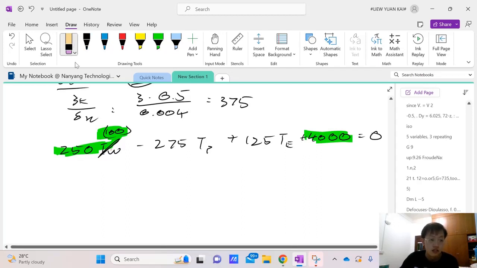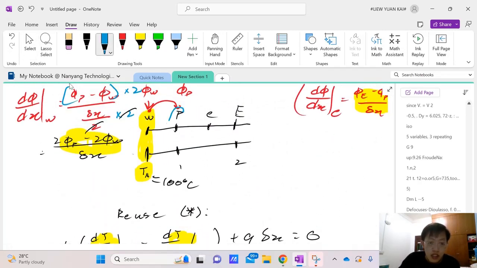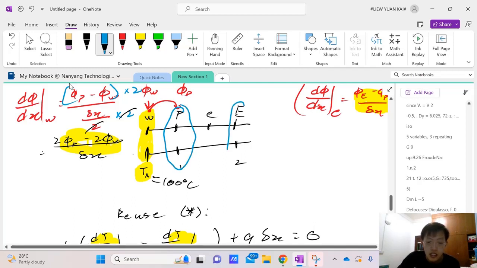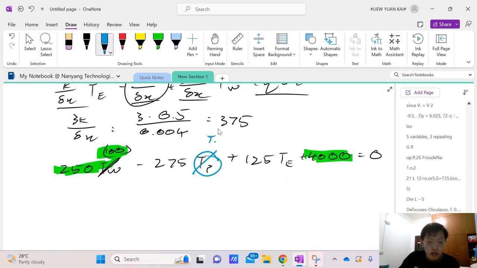Okay, let's also simplify this. So you see, what is TP? What is TP? So we're looking at this diagram here, right? TP is actually T1 and TE is actually T2. So we'll replace this. This is T1, this is T2. So at the end of the day, you simplify everything, you should get